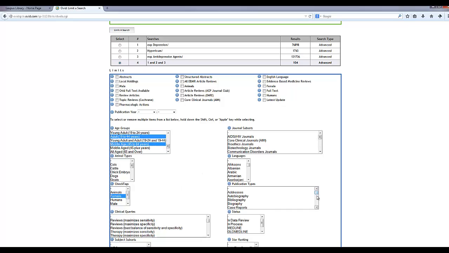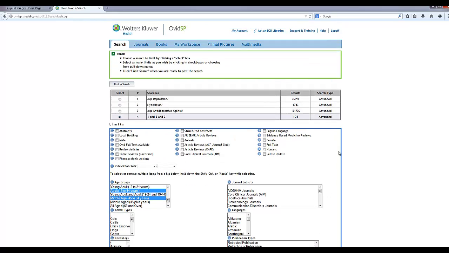I'm going to do the same thing in the publication types. We're going to add case reports, clinical trials, holding that control key down to find meta-analyses, practice guidelines, randomized control trials, systematic reviews, and that's an acceptable sample. And then once you've applied all of your limits, you click Limit a Search,